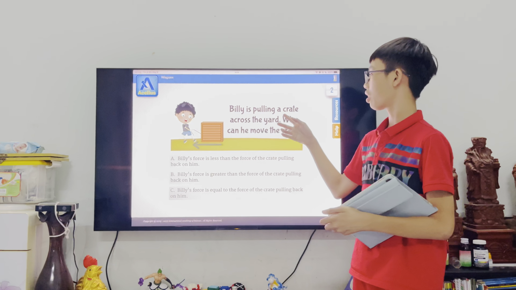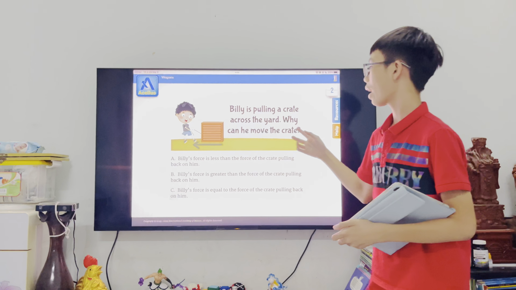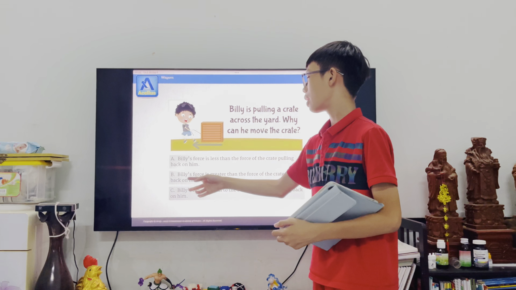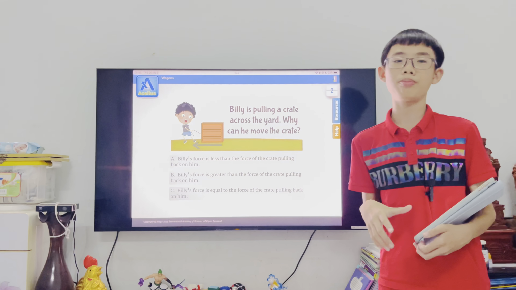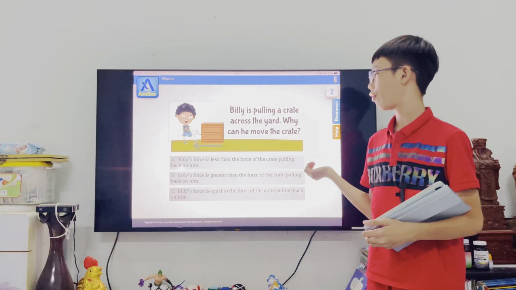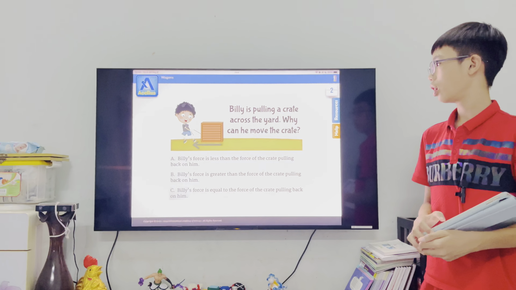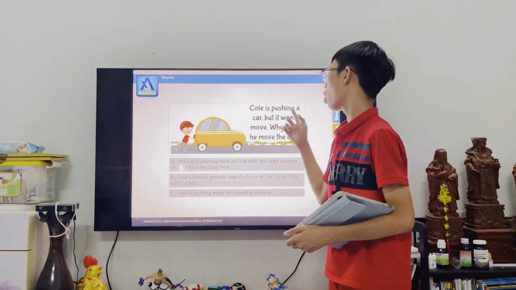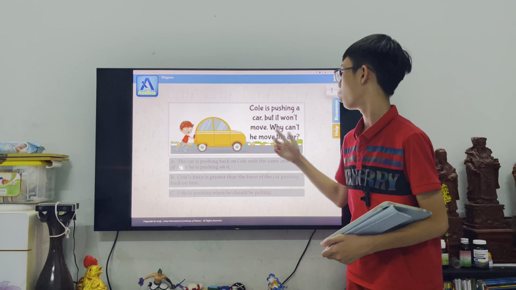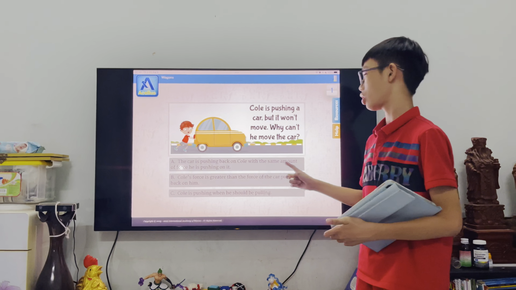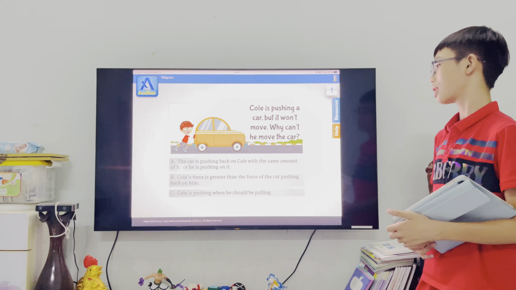Billy is pushing a crate across the yard. Why can he move the crate? Of course, it's B, because Billy's force is greater, and if the force is greater, it can move. Last question. Cole is pushing a car, but it won't move. Why can't he move the car? Because the car is pushing back on Cole with the same amount of